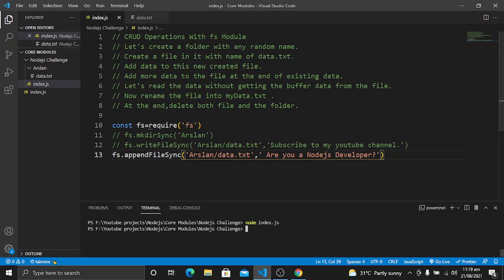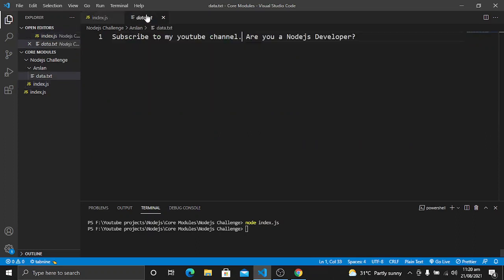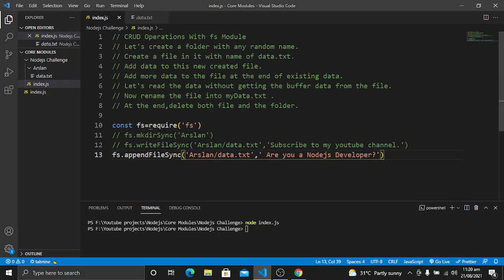Now you will see our code has run successfully, and now we go to our data.txt file, and our code is working properly. By using fs.appendFileSync, we are appending the content to the existing content in our file. So we are done with this method, where we append content to the existing content.